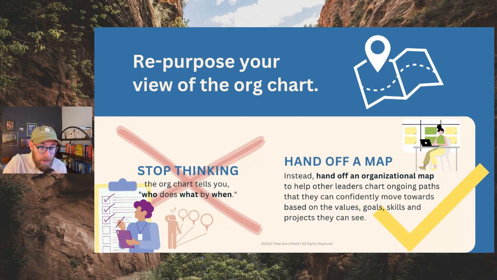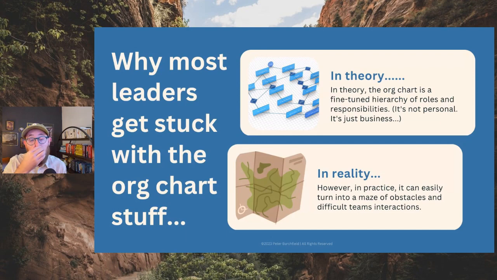They say, wow, I'm here on the org chart, but now, as this team grows, our territory is going to grow. And now I can see space and responsibility for me to move towards. And they're going to begin to see a really clear path to make progress in their own journey, because they see how their goals, how their values, how their skill set, how their projects are actually contributing to the overall health and growth of the organization. And this is why I think leaders get stuck with the org chart stuff. And this is where I've been for a while.